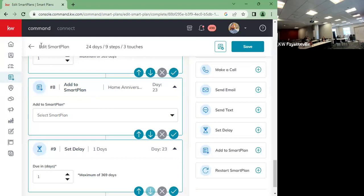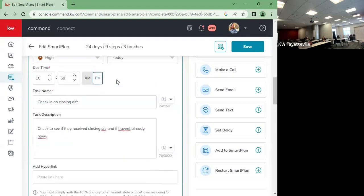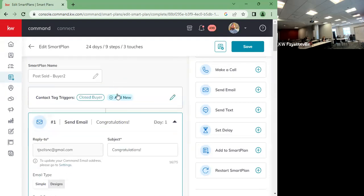It'll see these tags. Now it won't do it anytime somebody was tagged, like let's say you set this up today, right? And you already had people tagged through that tag. If they were already set up before the smart plan was created, it will not automatically add them. So you'll have to go in, which is not really useful if they've been sold for a while, right? So there's really no point to do it that way, but you could always go back and delete their tag and then re-tag them and it'll automatically add them to it. Not really much of a point, but